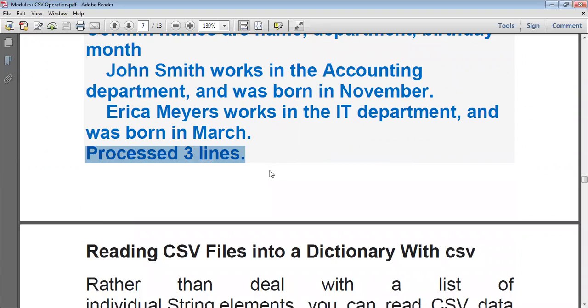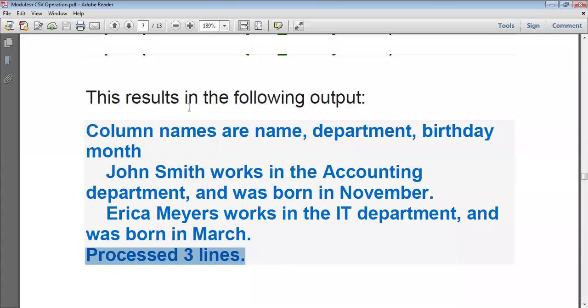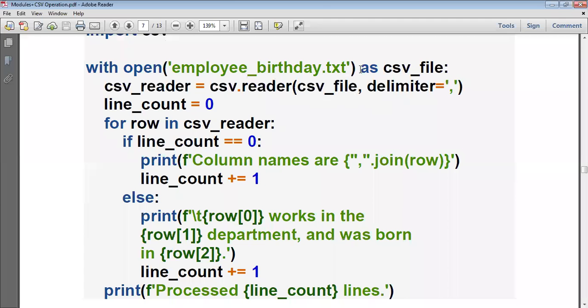Processed 3 lines. So in this way we can read the CSV file and display the content in the CSV file, and also count how many lines are in the CSV file. I opened the CSV file, then read the entire content into some variable. Then I access each and every row in that CSV content.